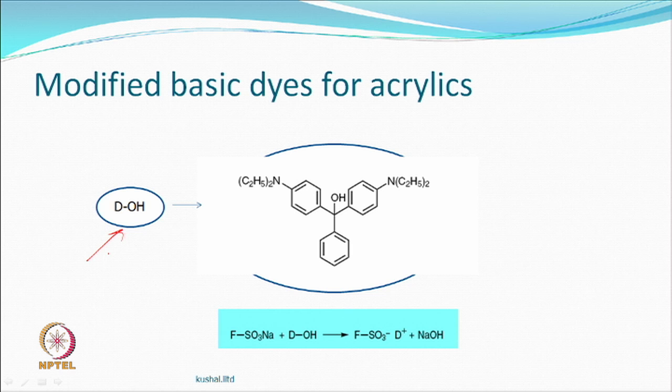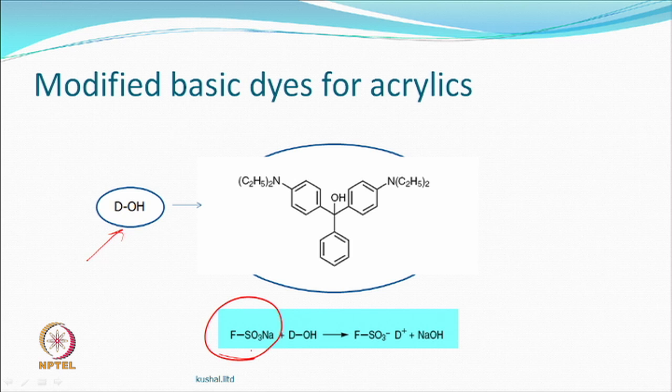If that is not there, then this can sublime. Another dispersed dye can sublime, that dispersed dye can also go to the nylon, but normal basic dyes, cationic dyes have high tinctorial value, which everybody likes. So, if you want that, then you have to modify the dye in a manner that it is not ionic,